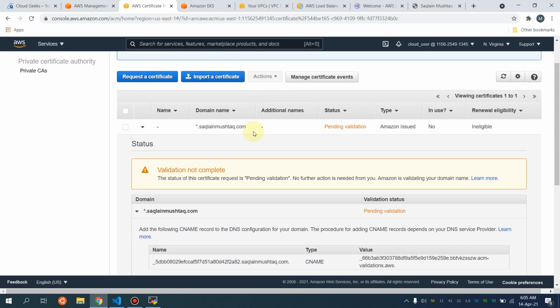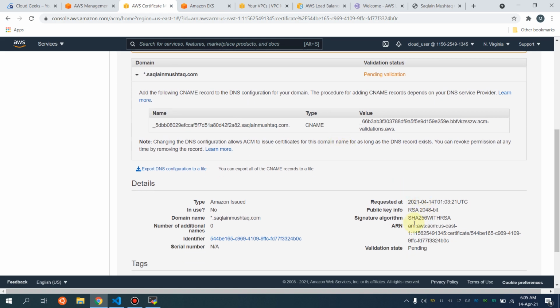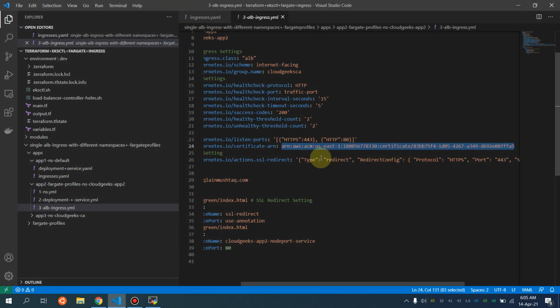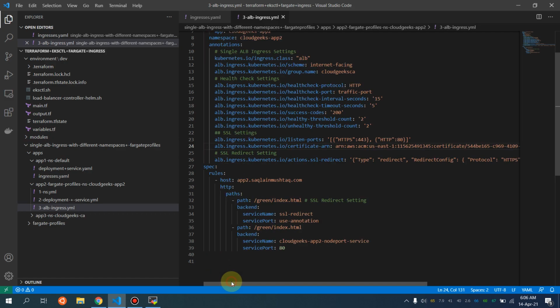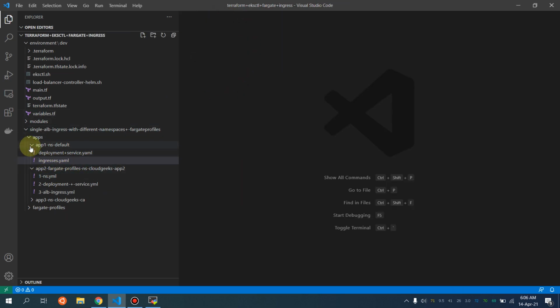So guys, what I've done is put the CNAME record here. After a few moments, this pending validation is going to be updated. Till then, I'm going to simply update this ARN of this ACM. If I navigate to this section, I'm going to replace this with the one which is provided. I'm going to save this, and this part is done with regard to the HTTPS setting, and I will be showing you the application load balancer as well,